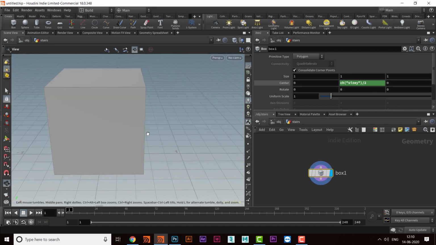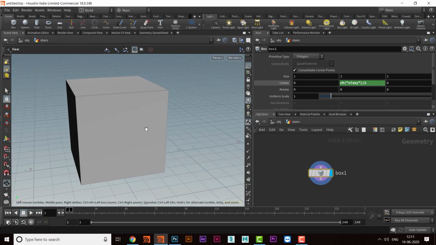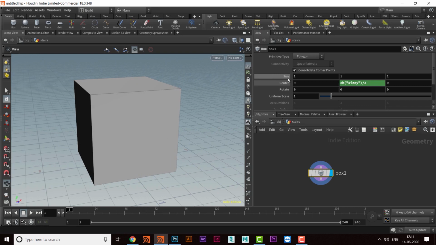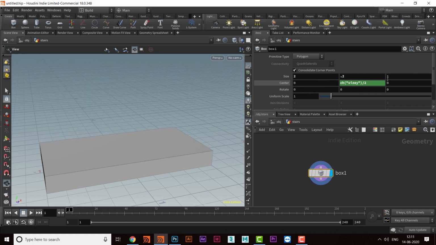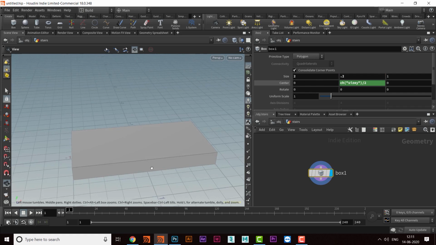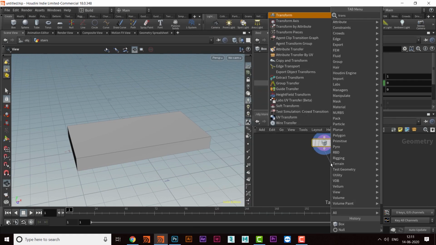Okay, so the size of the staircase will be like, this will be 2, this will be 0.2, and this will be 1. Okay, and then I will take a transform node.